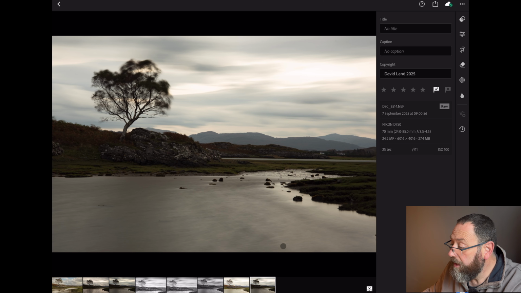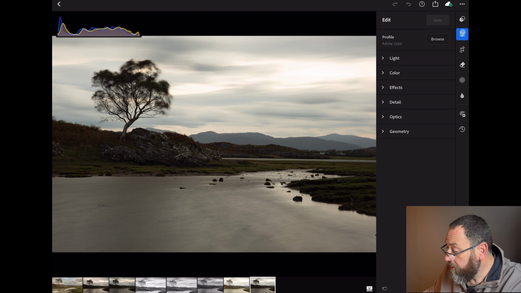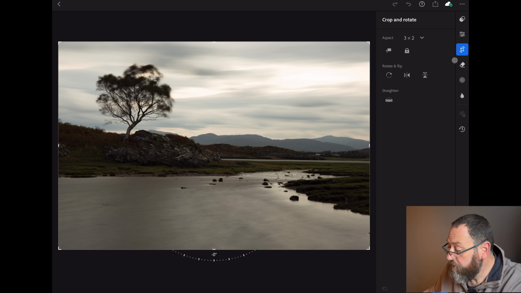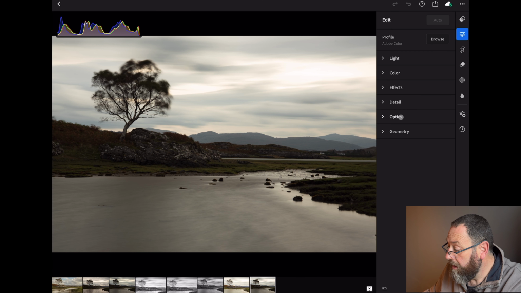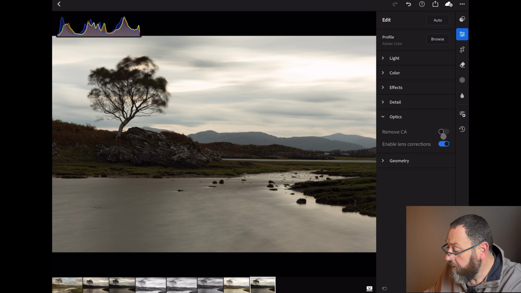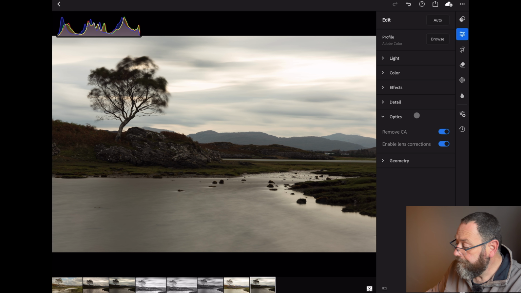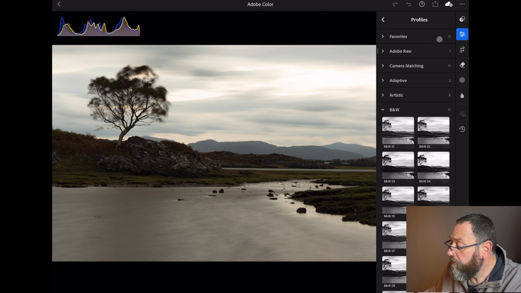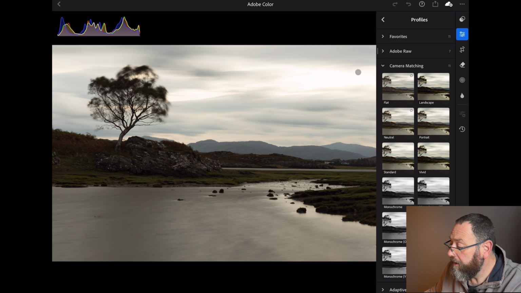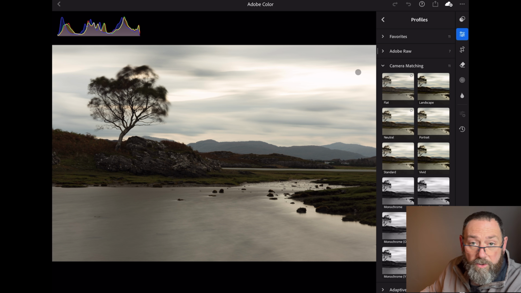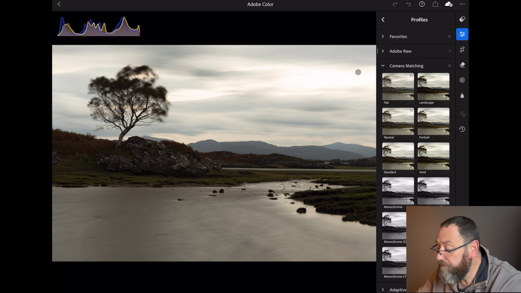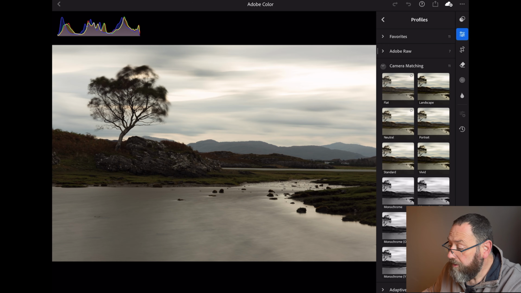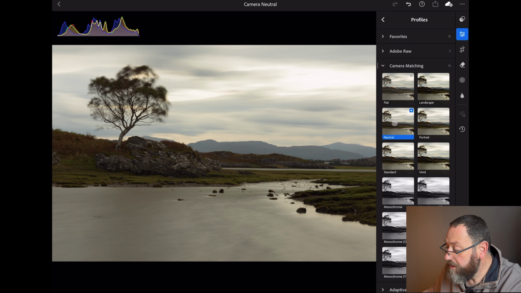What I'm going to do is just go into the settings, make sure it's not being cropped. I'm going to go in and enable any lens correction. I'm going to remove the chromatic aberration, which I don't think there is any, and then we're going to go in. So let's have a look at the colour profile. I like to use the camera matching profiles. I use the Nikon D750, so I like to use the Nikon colour space,